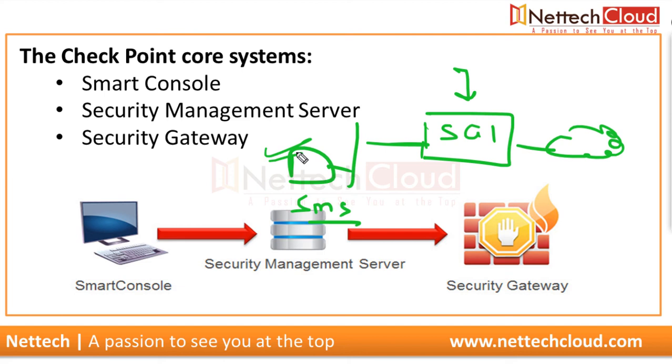And once that is done, then you don't need to worry about the policy installation and all that, right? Because at the time of creating a static NAT, we do have the option to create control connections automatically. I mean, the implicit rules that would be created, and I will show you in the lab how to establish secure communication between SMS and the remote security gateway, because that's really a very important point to understand here.